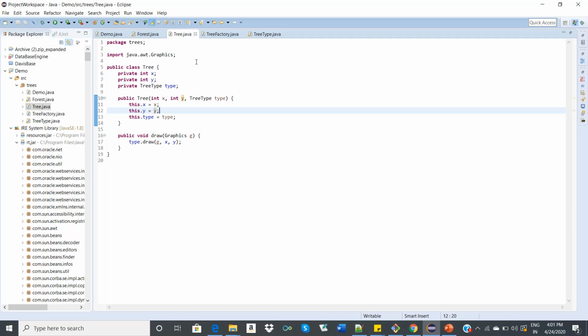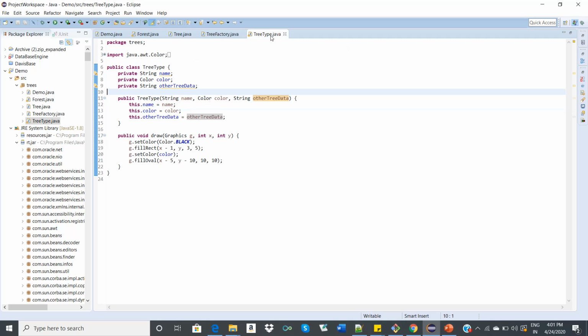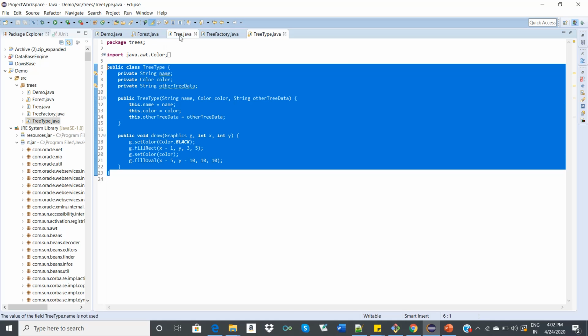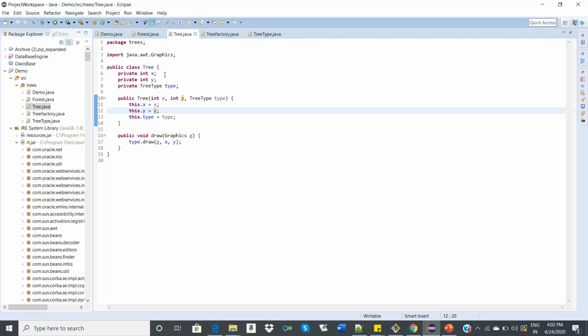And this forest has only some specific kinds of trees, which will be represented in the tree type. This tree type is an intrinsic state, and tree is an extrinsic state, because it has moving parts, which have variable, unique fields.